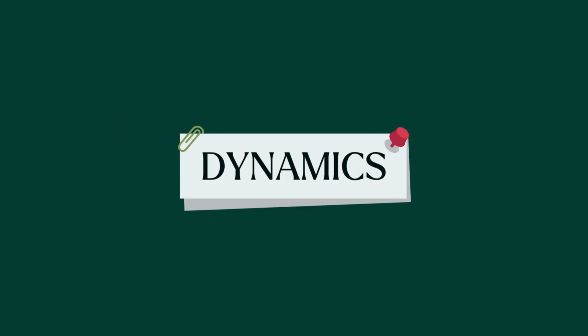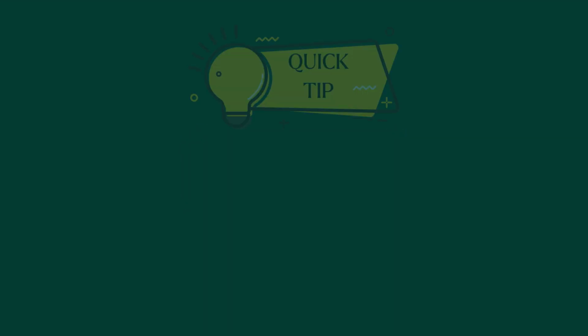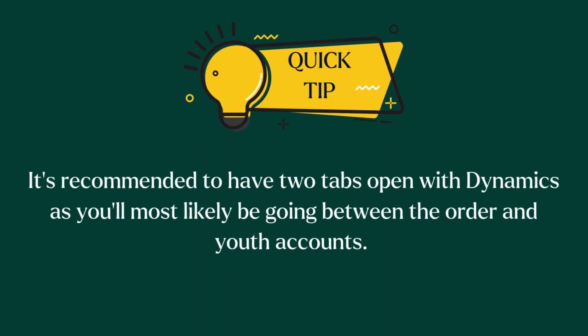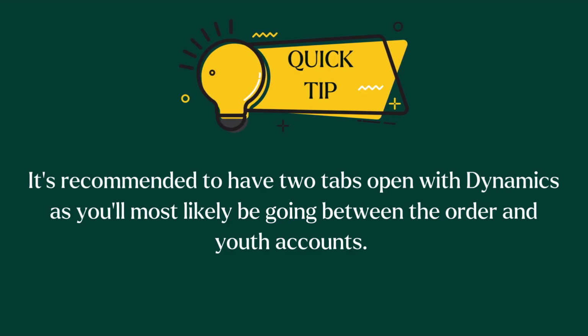Let's start with Dynamics. Dynamics is the database we will be using to process requests and view eligibility. If you do not have access to Dynamics, now would be a good time to reach out to management. A quick tip: it's recommended to have 2 tabs open with Dynamics, as you'll likely be going between the order